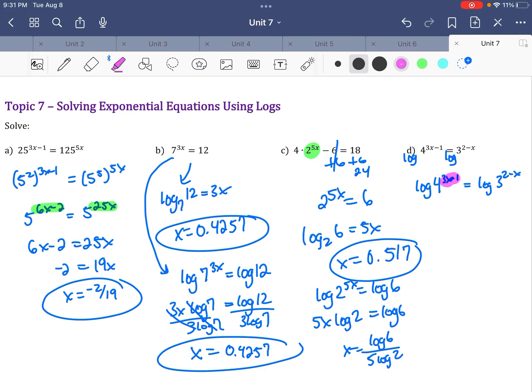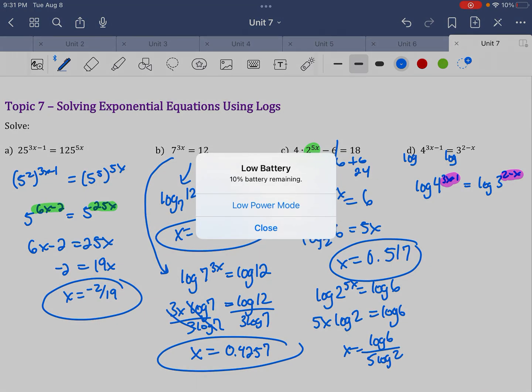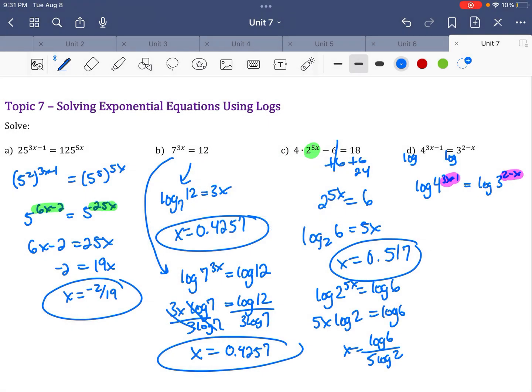Well, now both of your exponents can come to the front. So you have 3x minus 1 times log of 4 equals 2 minus x times log of 3. So log of 4 and log of 3, these are just numbers. So log of 4 is 0.602. So you basically have this,